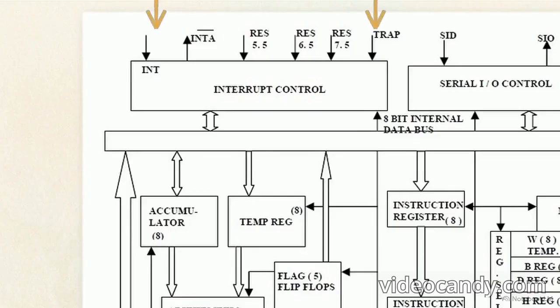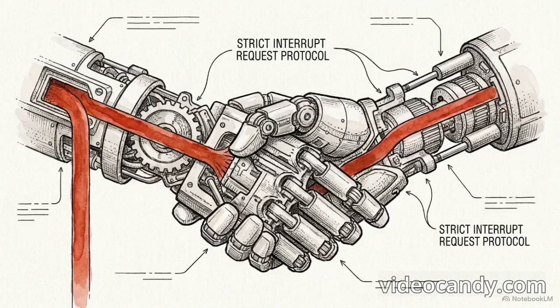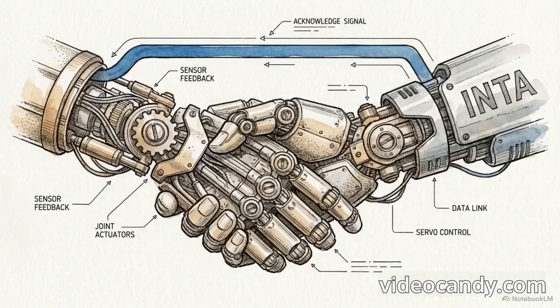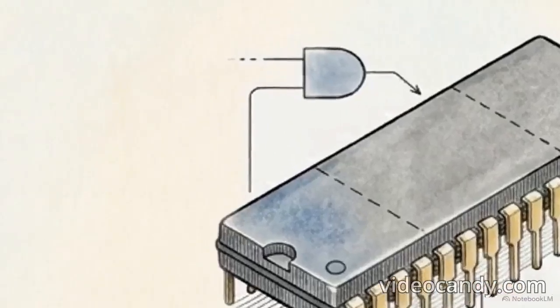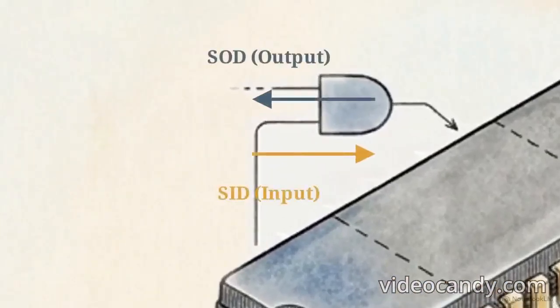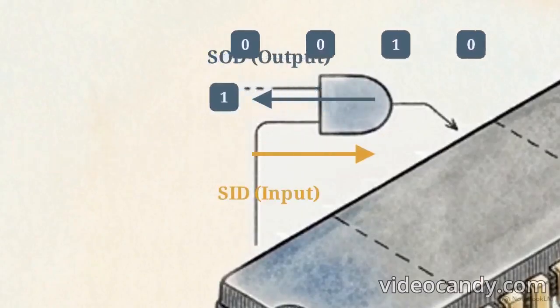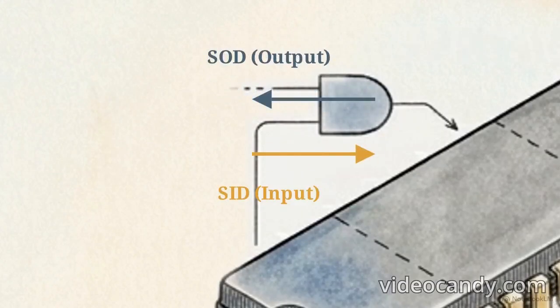This schematic shows the dedicated interrupt control block situated at the top of the internal architecture. The 8085 has 5 distinct hardware interrupt pins operating on a rigid priority order, starting with a non-maskable trap interrupt down to the general-purpose INTR. They operate on a strict handshake protocol. The peripheral sends an INTR request, the CPU completes its current cycle, and then responds with an INTA, or interrupt